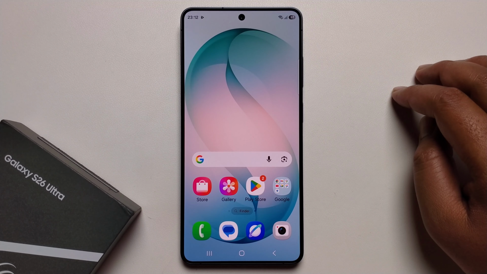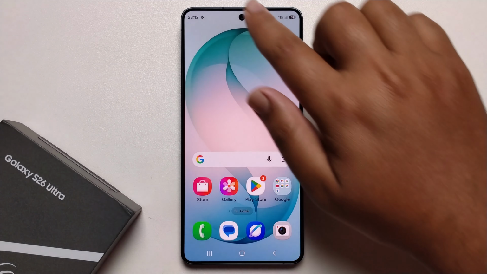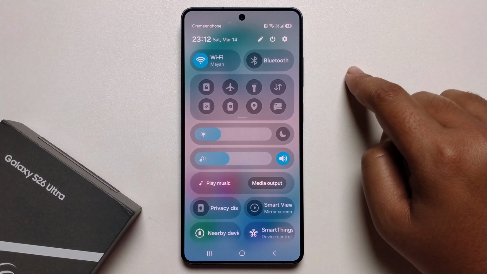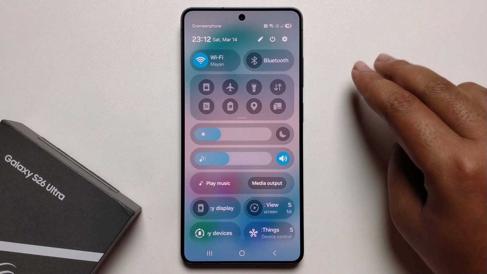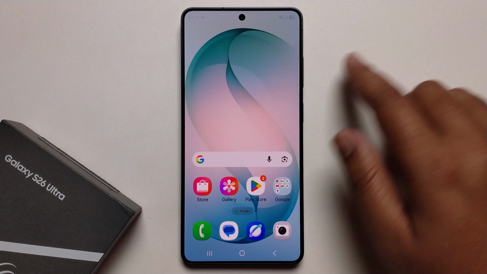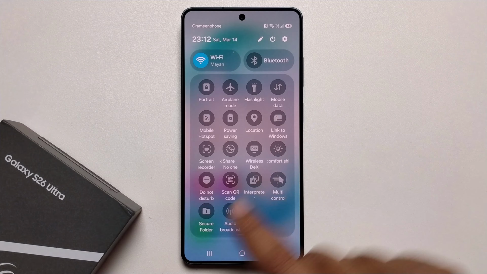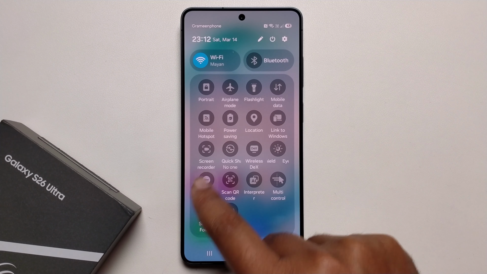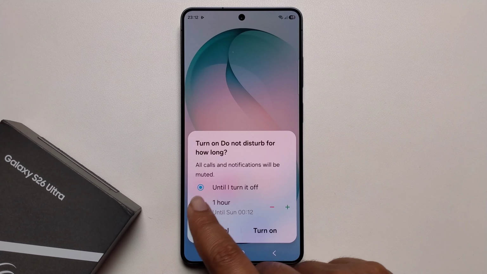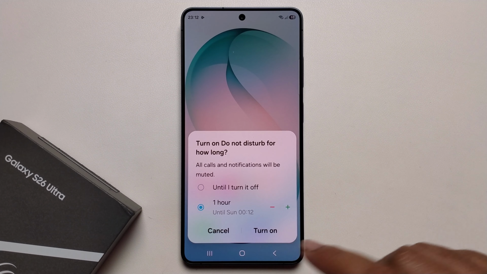In this video I'm going to show you how to turn on or off Do Not Disturb on your Samsung and provide two different ways. Simply go to your control center, press on, showing it to the Do Not Disturb option. Easily turn on, just press on and it shows you two different ways if you want to customize any time